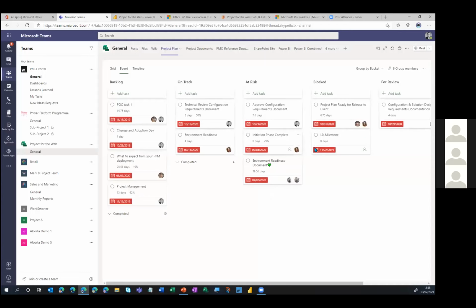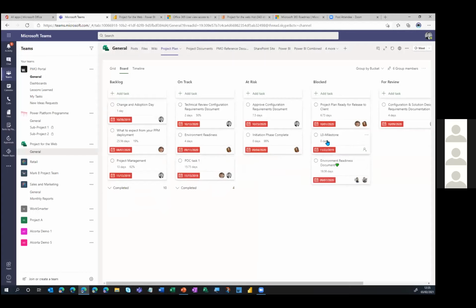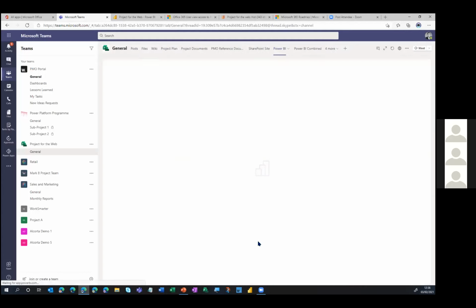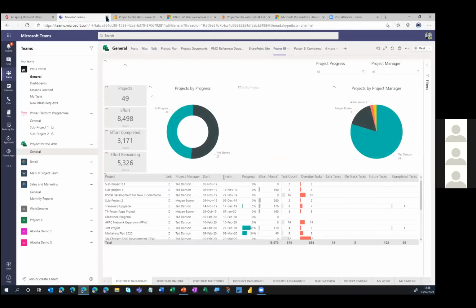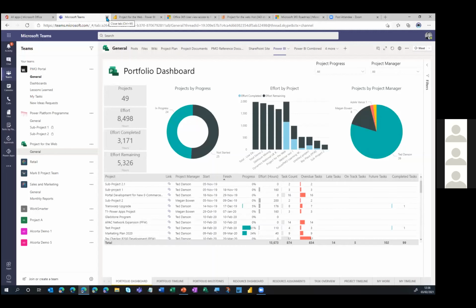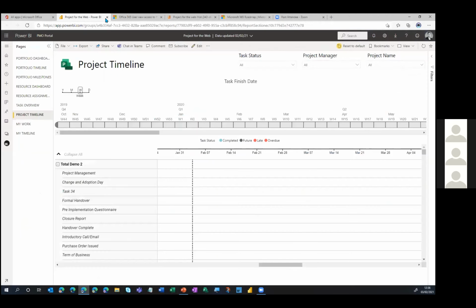And this is fully editable, so if I want to move things around, of course, I can do all of that. And I don't know what I'm doing here, so I'm probably messing up somebody's plan. But again, you can do all of this here. And you can also access Power BI reporting through this particular window. So I'm going to move on to a couple of other topics now really quickly before wrapping this demo up.